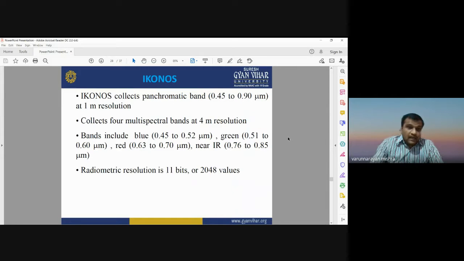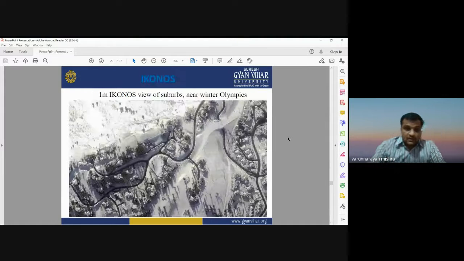records. Another mode of image acquisition by the IKONOS sensor is multispectral mode, that has the spatial resolution of 4 meter. It includes 4 different bands: blue, green, red, and NIR, having different spectral ranges, and its radiometric resolution is around 11 bits. This is a sample image of an area near the Winter Olympic site acquired by the